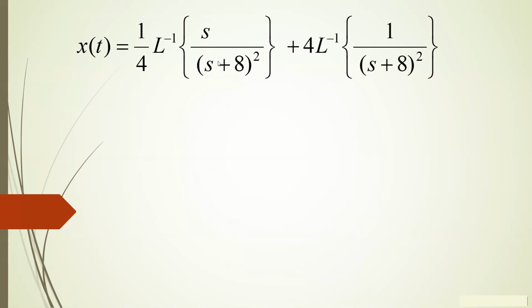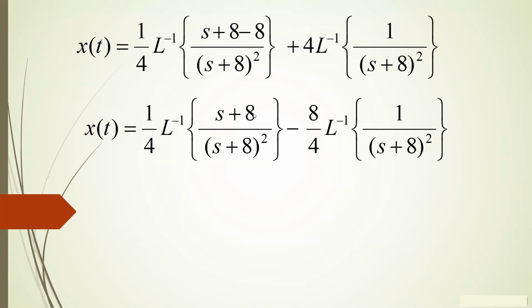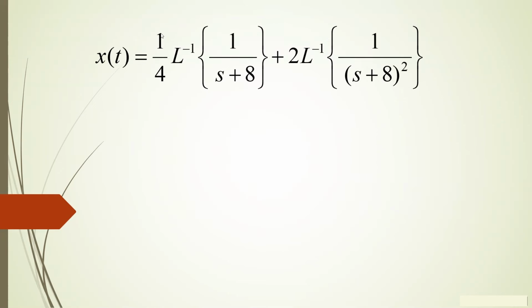What we can do here, in the first term, guys. Okay, what we do is this. Di ba this is the problem? We can add an 8, but we have to also subtract an 8. So that the s cancels. This is the s plus 8. And then the minus 8, I put it on the other side. This is the third term. So that when we cancel, one of the powers at the bottom cancels out. Okay? Eventually leading us to 1/4 inverse Laplace of 1 over s plus 8 plus 2 inverse Laplace of 1 over s plus 8 quantity squared.